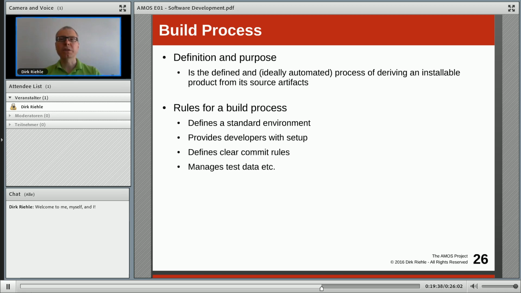The build process is basically a set of scripts or rules, steering a build tool, such that independently of a particular person and independently of a particular person's workstation or development setup, you can reliably create a deliverable product.